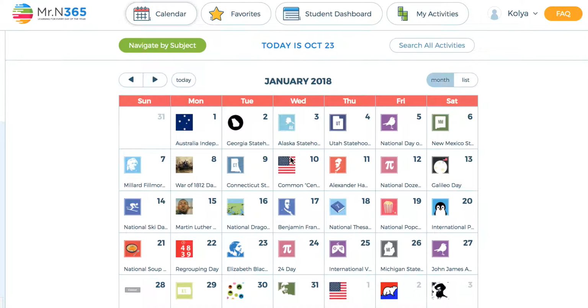Mr. N365 is designed as a teacher or classroom version of MrNussbaum.com. Among other things, it has no advertisements other than those in embedded third-party history and nature videos, contains the entire library of MrNussbaum.com resources, plus thousands not available on MrNussbaum.com, contains much less Flash and more mobile-friendly content than MrNussbaum.com,